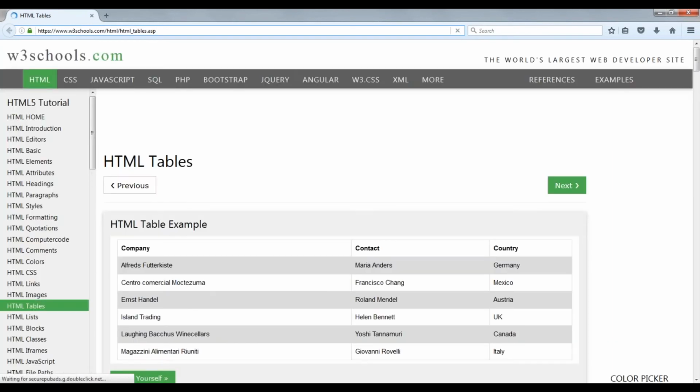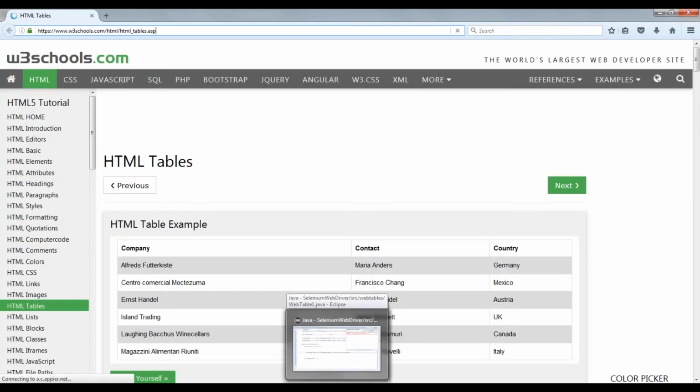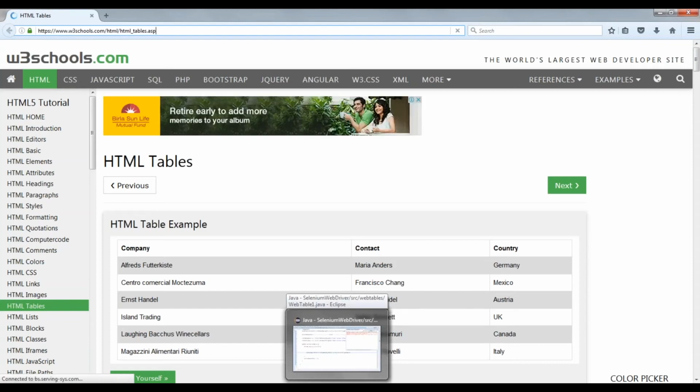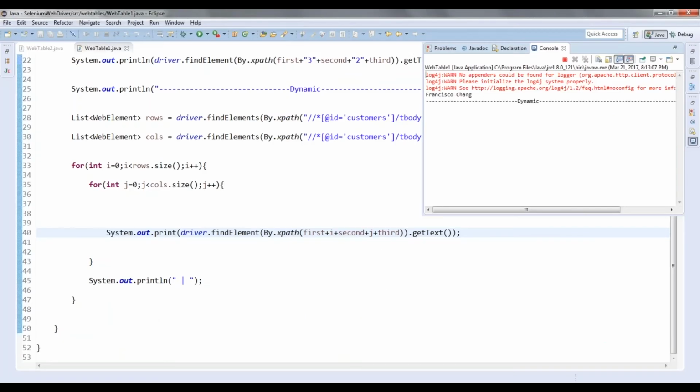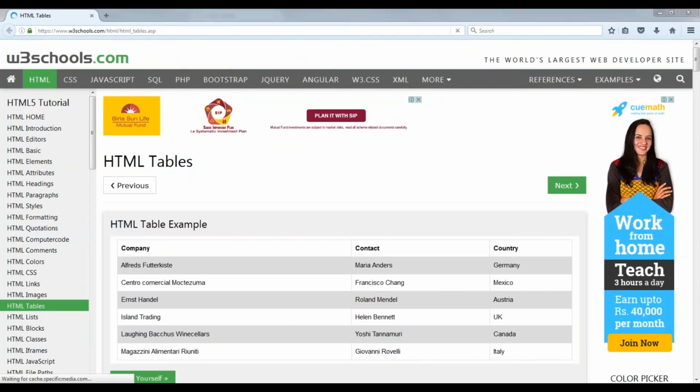As the page loads, still loading the page.